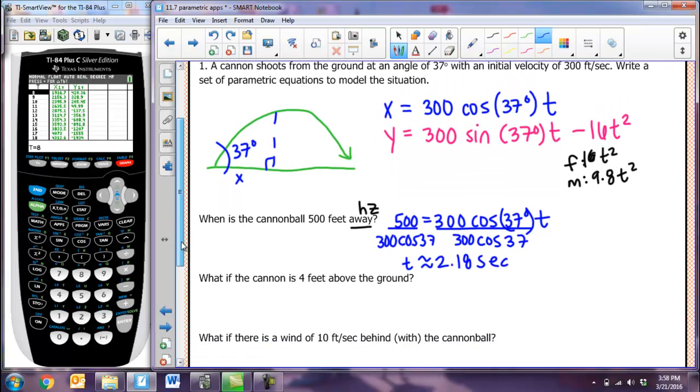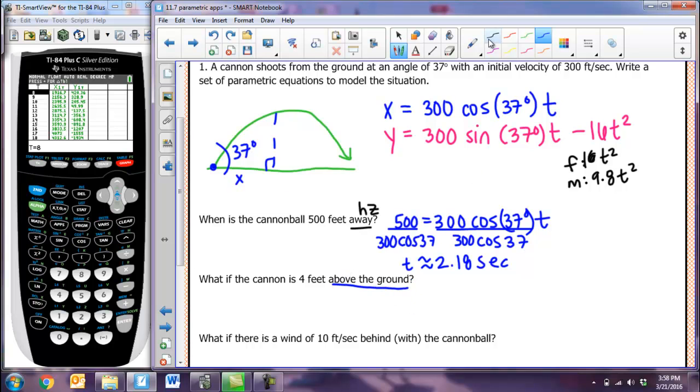Now, they're going to ask you perhaps to change up the problem. And it says, what if the cannon is 4 feet above the ground? So instead of starting at ground level, I'm now going to have a platform that my cannon can sit at. So if it's above the ground, then I know for this one that I need to change the y component. So my x component is going to stay exactly the same. It's still shooting at that initial velocity